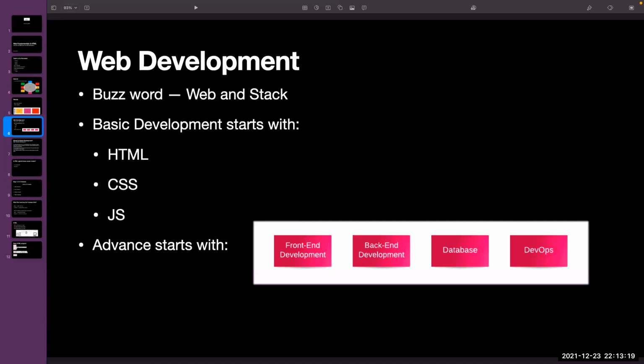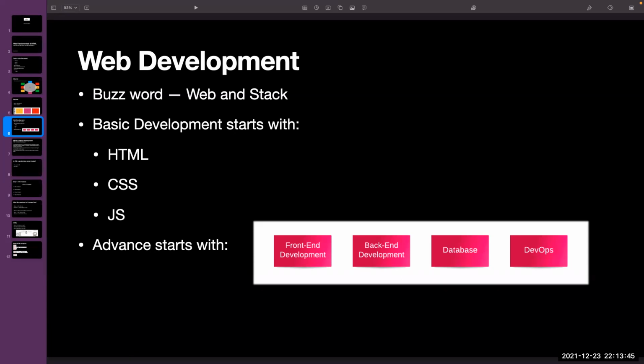After that, whatever data you display in the website comes from the database, where it is stored. So there is a middleman who goes from front end to database, gets the data, processes the data, and comes back and gives it to the front end. That is called backend development.